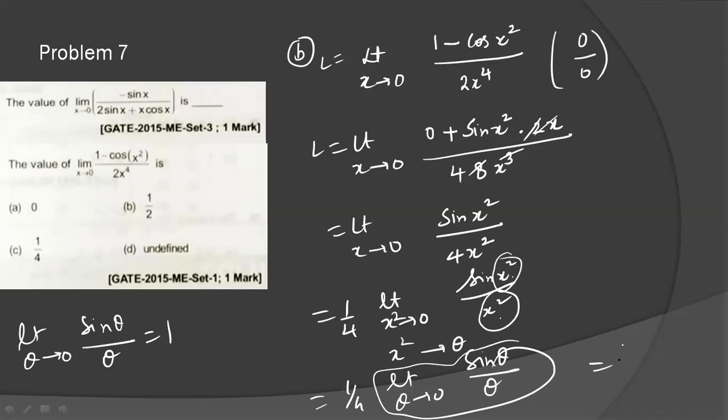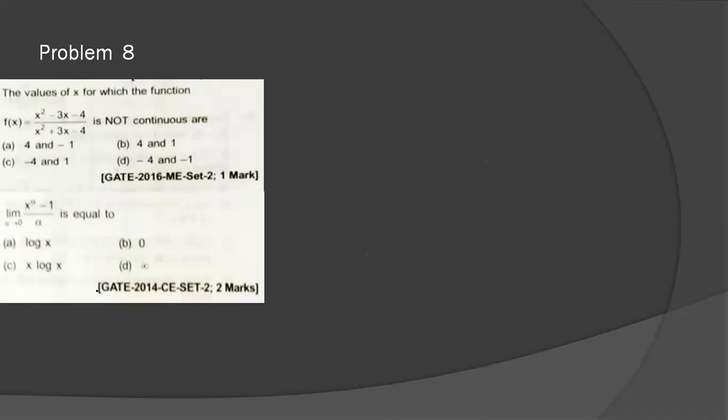Now this value will be 1, so it will be 1 by 4. Try to make this factor the same. The coefficient of sin in the denominator should also be the same as the coefficient of sin in the numerator. So 1 by 4 is the correct answer. In question 8, we have